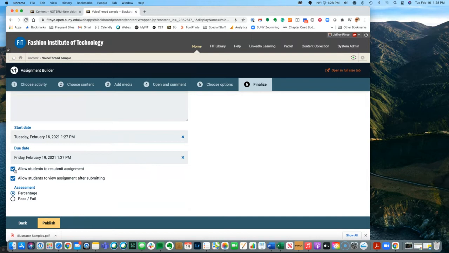You can choose to allow students to resubmit the assignment, in other words, if they didn't do it well. And you can also allow them to view the assignment after submitting. In my opinion, this one is a pedagogic choice, right?